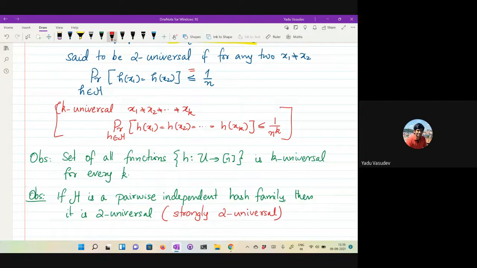So that is a 2 universal family, and we know constructions of 2 universal families, right? So the question is, how do they perform as hash functions? For instance, you take all the applications, all the examples that we have seen till now. Suppose instead of a purely random function as your hash function, you were to use a 2 universal hash family. What guarantees can you give about the performance of all these algorithms? And that's something that we're going to see now. Okay. Any questions so far?